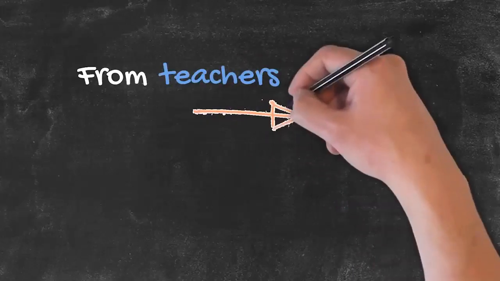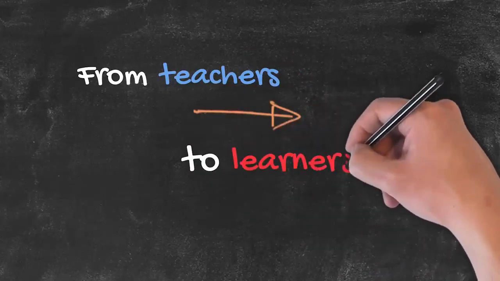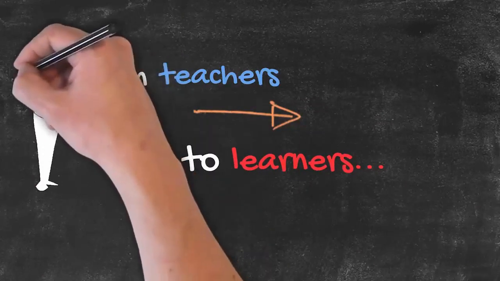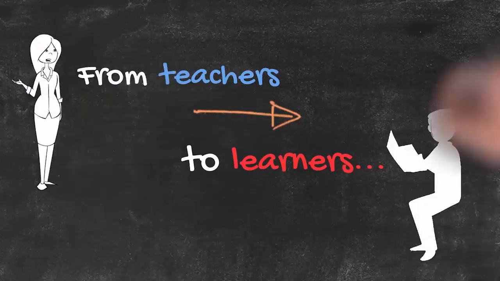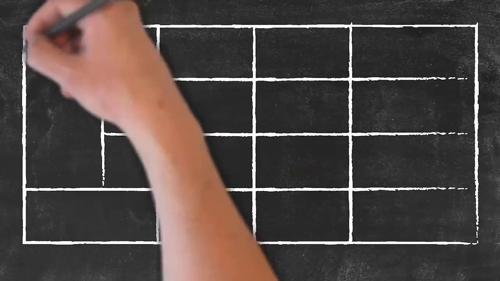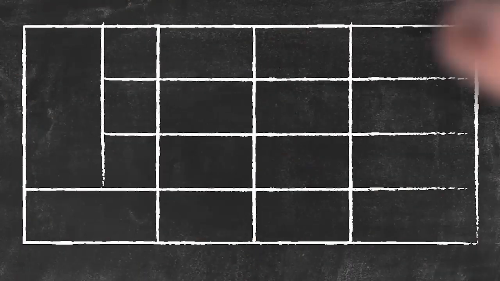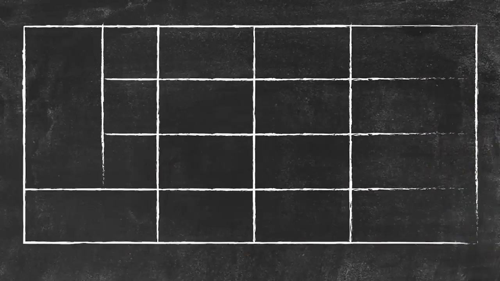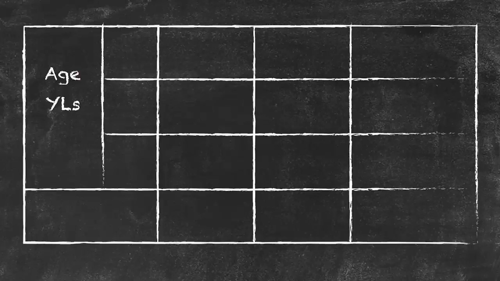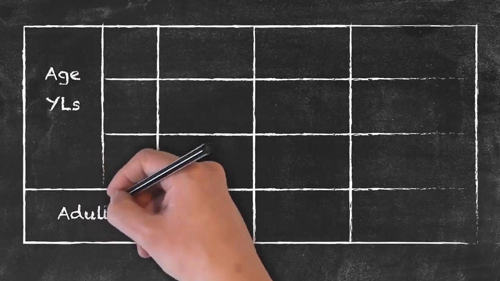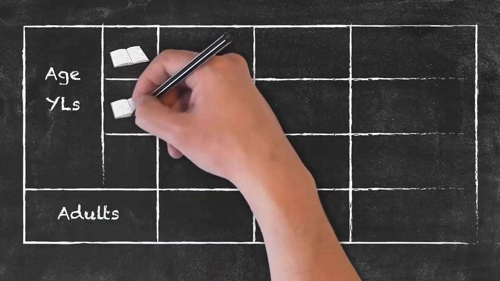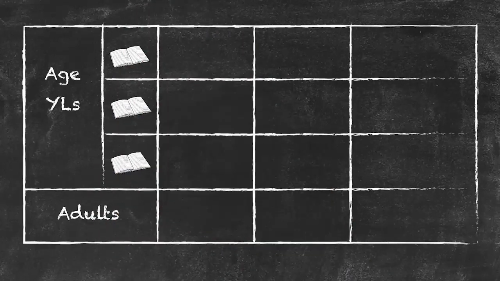We need to bear in mind that our learners will bring different things to the classroom in terms of their experience, in terms of their motivation to actually be there, and in terms of their behaviour once they're actually there. So we're going to draw out a table of those different factors depending upon the student's age. We're going to split up our age groups into firstly what we'll call the young learners section, and secondly the adults.